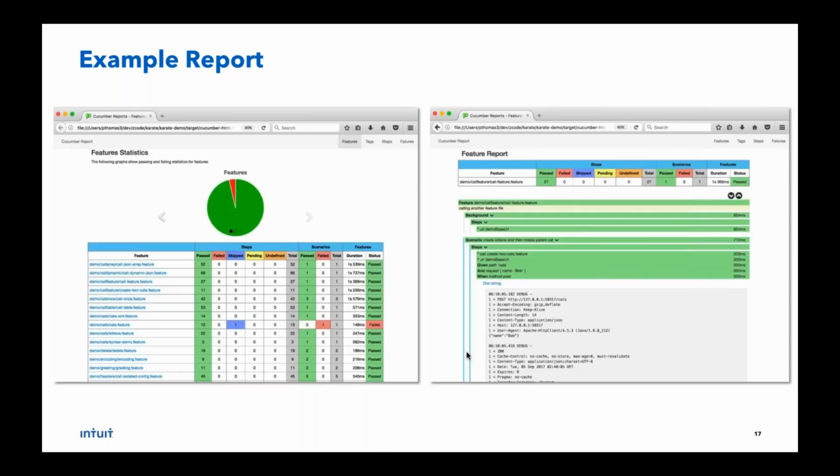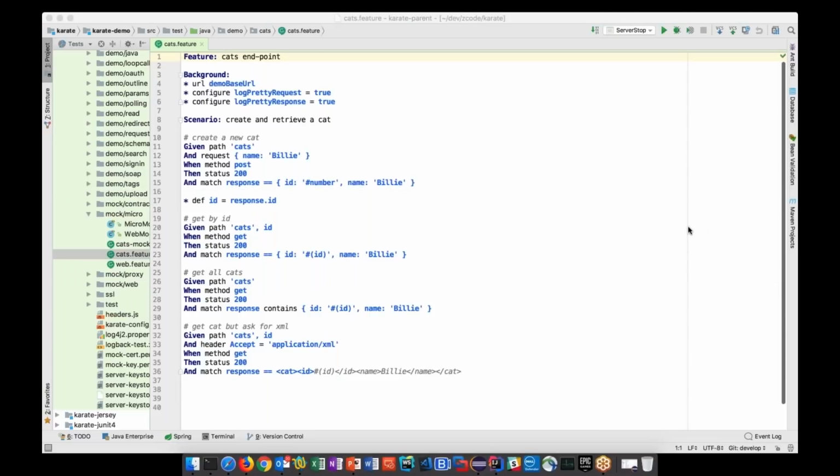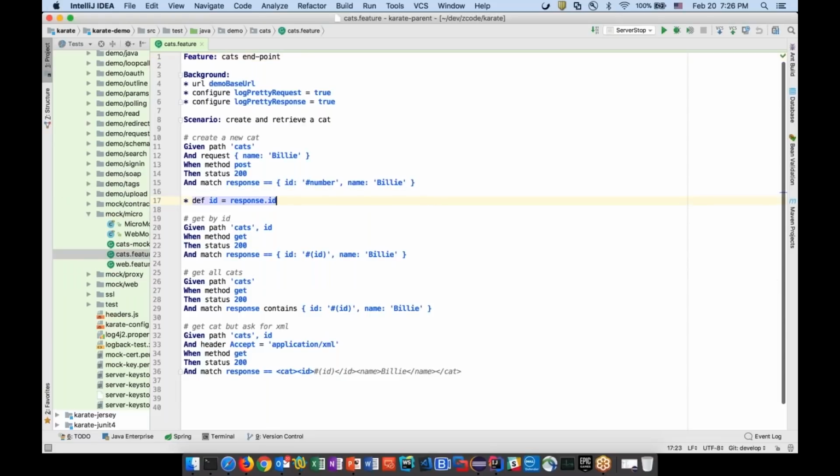This is what a Karate report looks like. As I said, you get these reports even if you run all your tests in parallel. And what I'm going to do in a couple of minutes is just do a quick set of demos. For the remaining half an hour, I'm going to do demos of some of the key features of Karate and how a test looks like in both Eclipse and IntelliJ. There would be questions as to, is there IDE support? I can probably answer some of that. And I think with that, let me flip to my IDE and do demos.